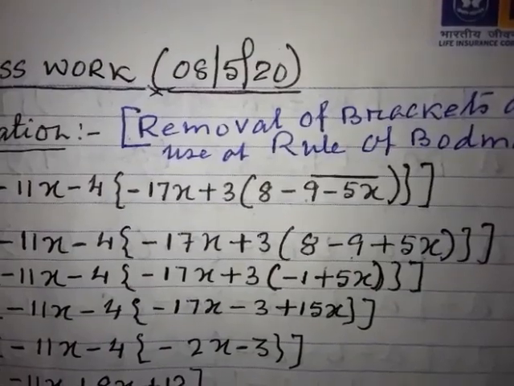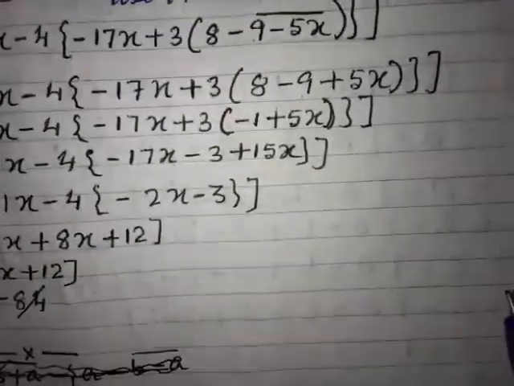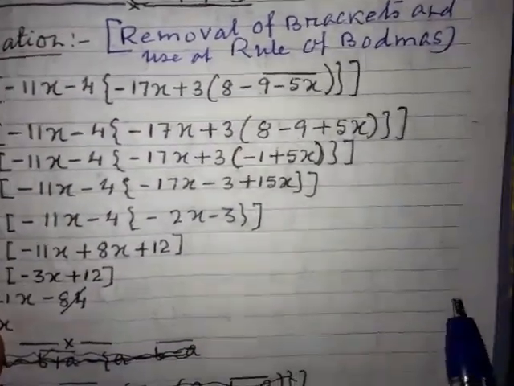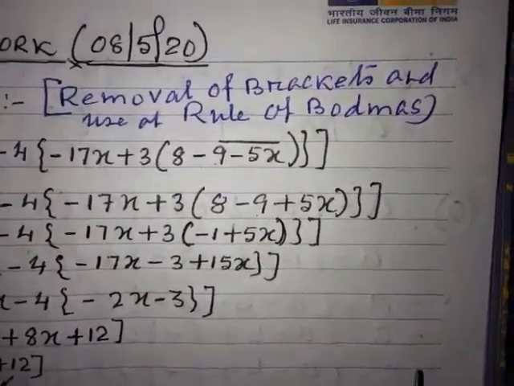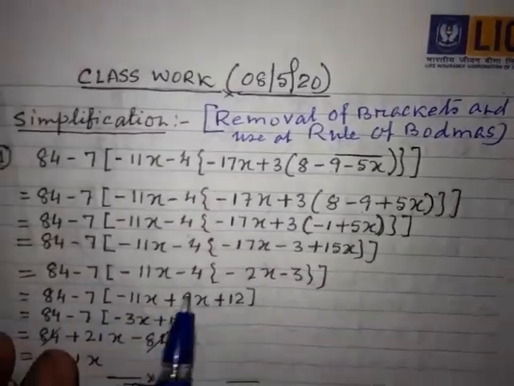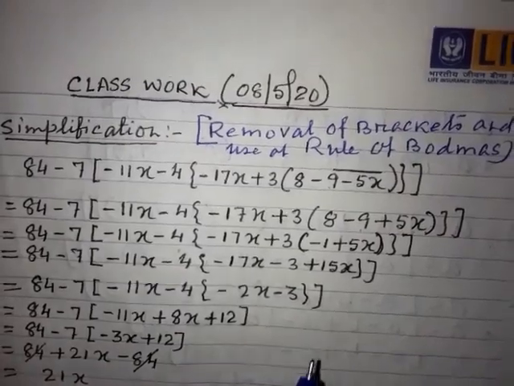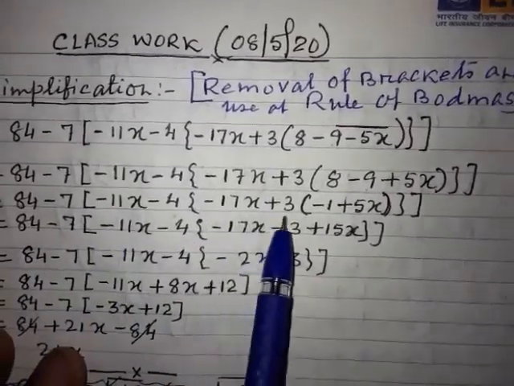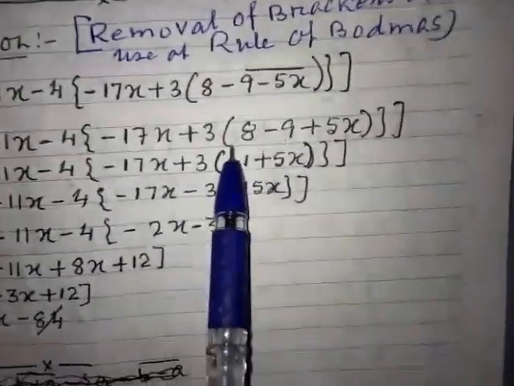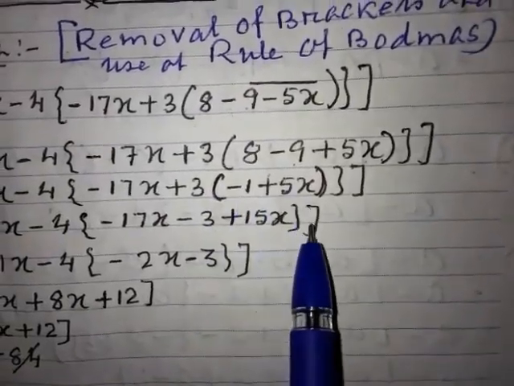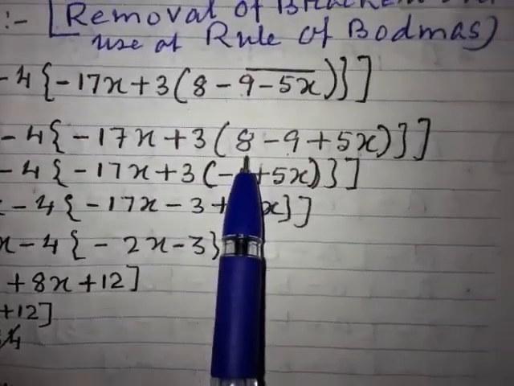Now, after the bar bracket, you already know the next bracket is the first bracket. So, we will do the calculation of the first bracket. The remaining things in the other brackets will be as they are. You can see I kept the other things as they are, I never change them. I just come to the first bracket. First let us do the calculation of the first bracket.